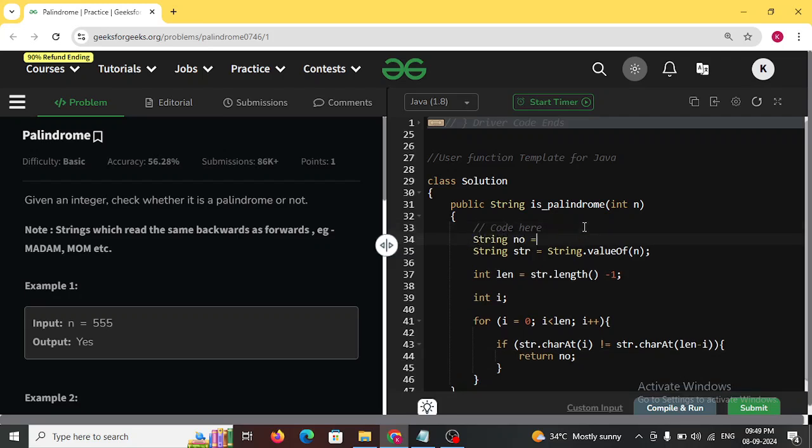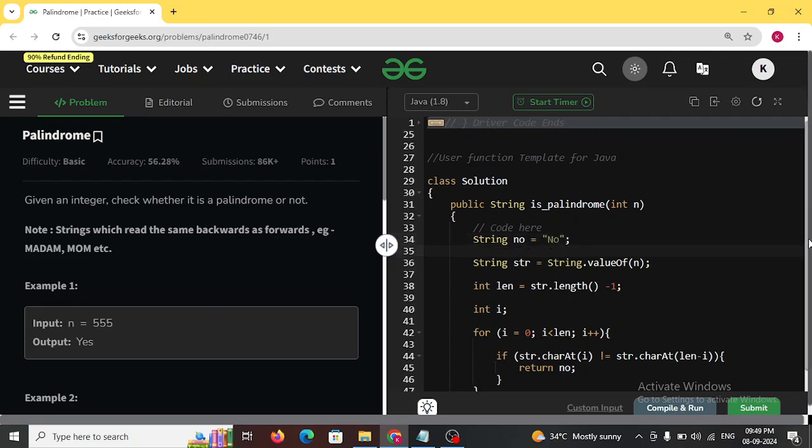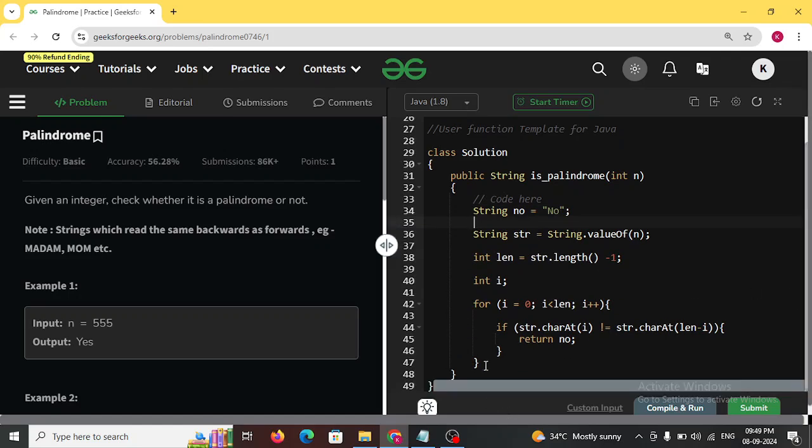String no is equal to no. If all the characters are equal, then finally I return yes.